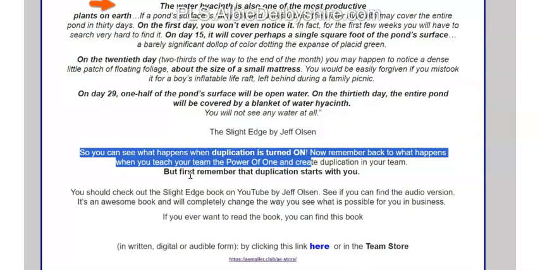It just replicates itself, and then that one replicates itself, and that one replicates itself, and they just keep replicating. And so if you go out there and you teach your team to do one thing, they're all doing that one thing, and they're getting one new member, and that new member is getting one new member, and that new member is getting one new member, and it just keeps going, crazier and crazier, right?